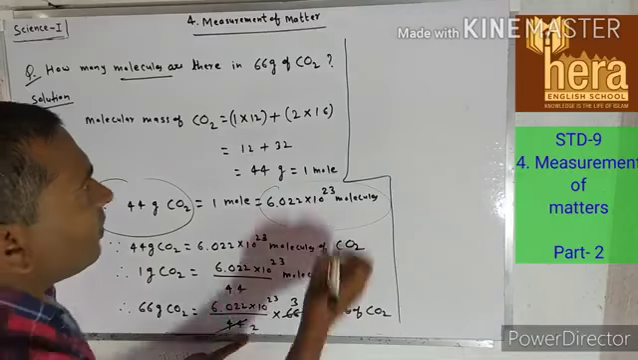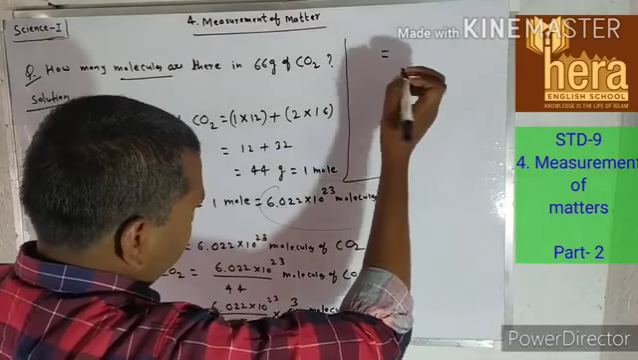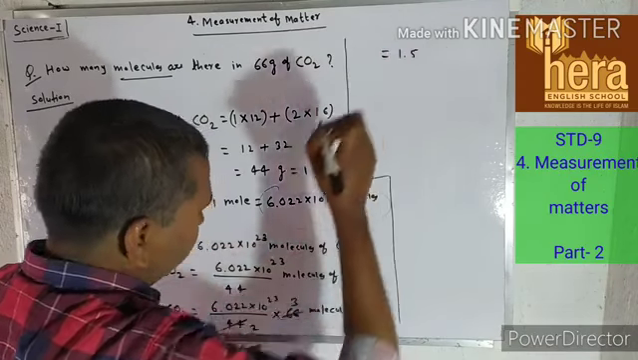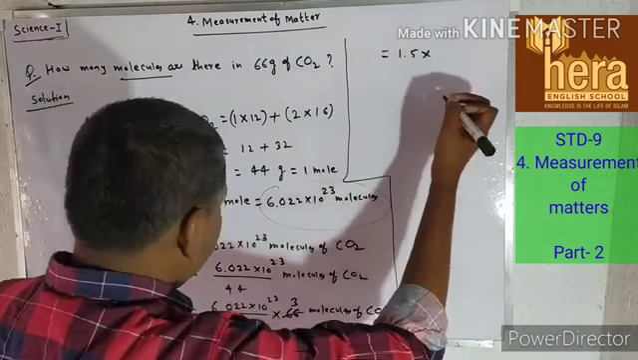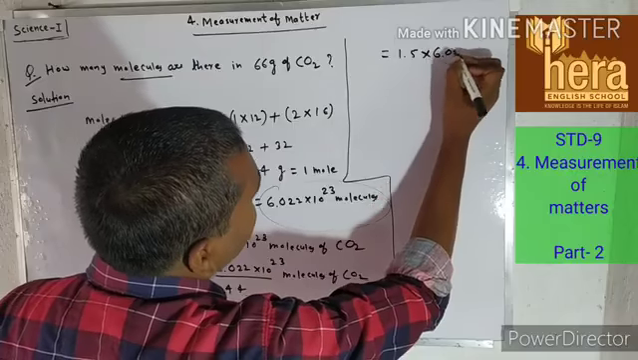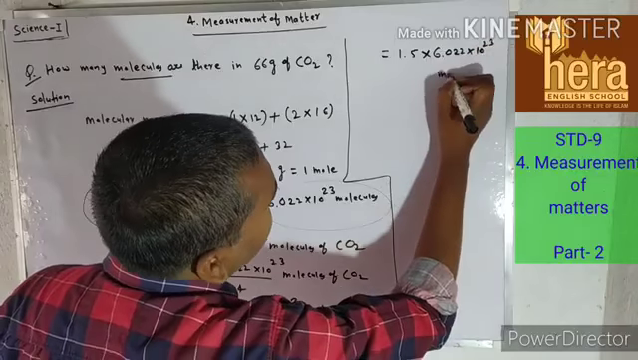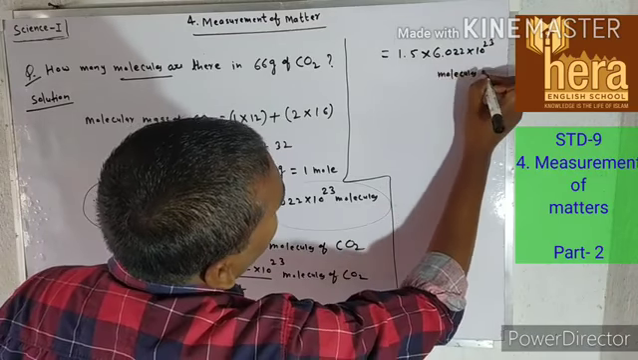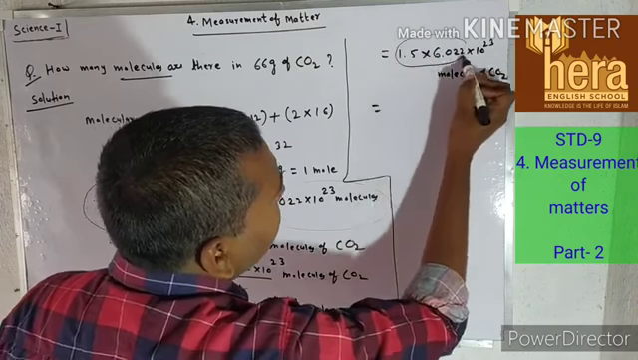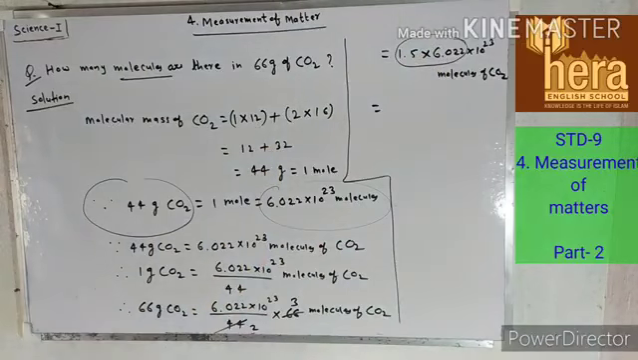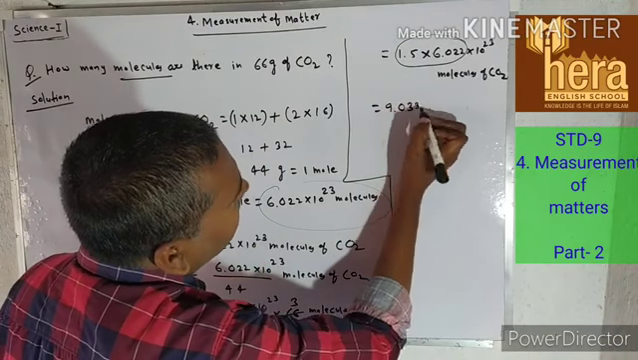So 3 upon 2 will be equal to 1.5. That is 1.5 into 6.022 into 10 raised to 23 molecules of CO2. So you have to multiply these two only. So you will get 9.033